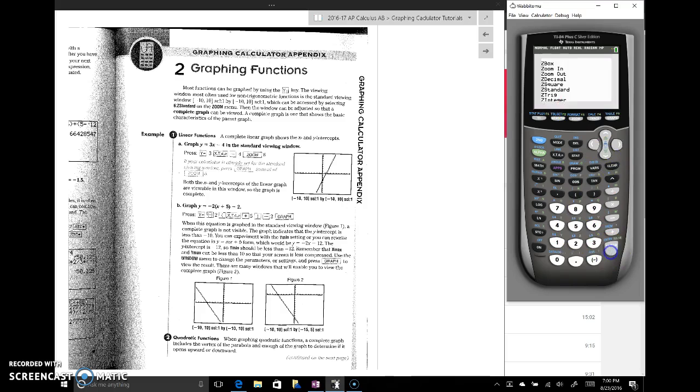So again, we can set it by doing Z square. That's going to give us a better idea of how steep the slope of this line is. So there we go. We can see it's not quite as vertical as we were thinking. Now, another really important thing here,